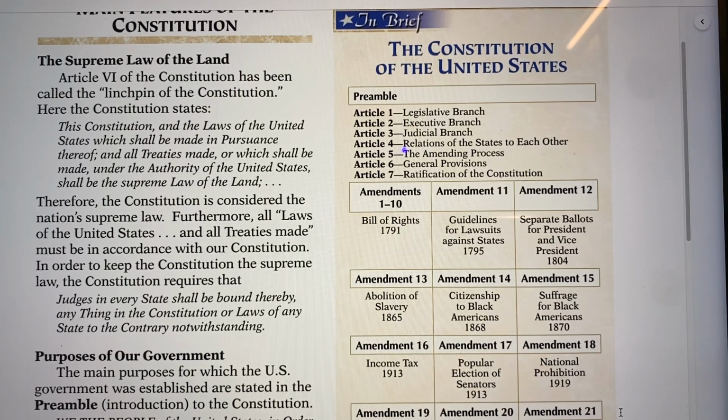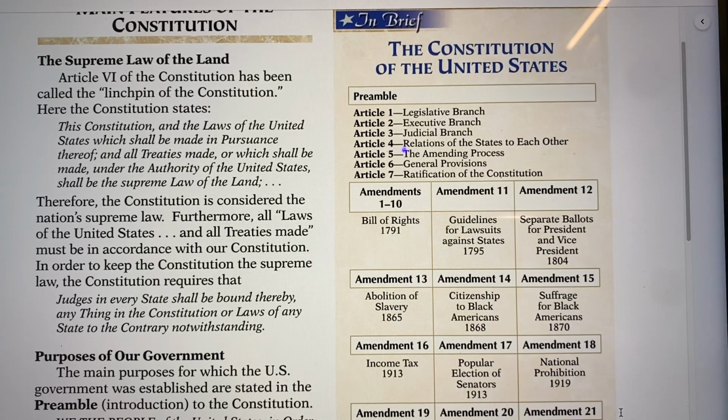And these basically in the articles will describe how the members of these branches, whether they're a judge or a senator or a congressman or the president of the United States, are chosen. How many votes does it take? How are they chosen to be members? How long do they serve? Are they serving for 4 years? Are they serving for 2 years? Are they serving